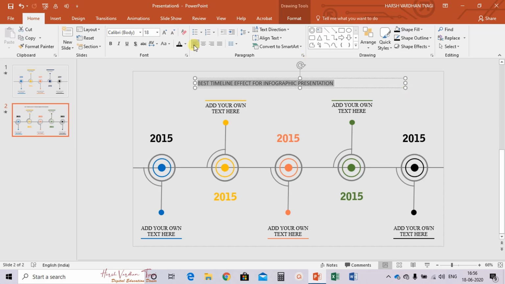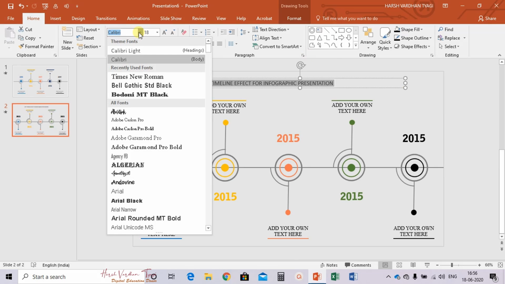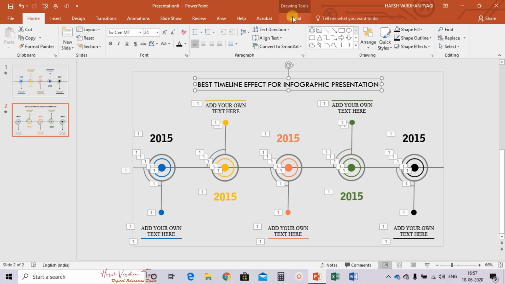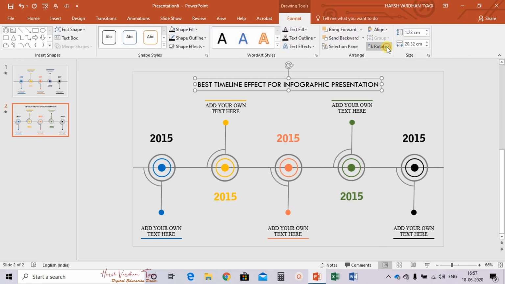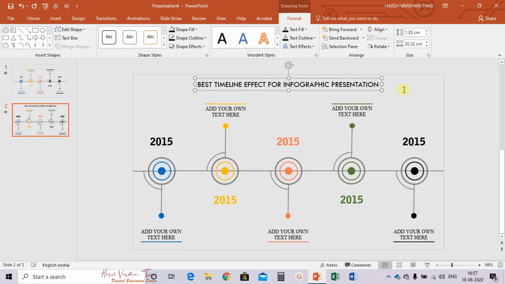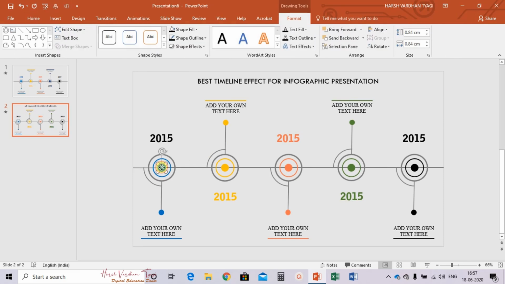Best timeline effect for infographic presentation. We need to arrange it at the center, so we'll go to format, align, center. Fine, let's align at the top. Okay, now at the last you need to copy this part and arrange it here, make it a little smaller, fine, and make it another copy,